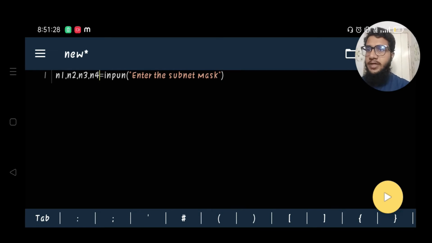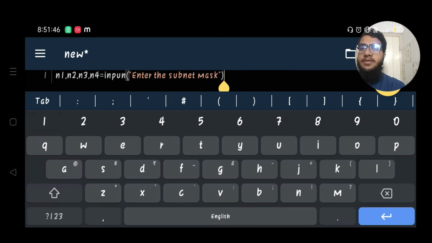Okay, so first of all, we'll open our IDE, which in my case is a Python IDE on my mobile phone, so I've opened it. Then you have to type four variables. So I have created four variables: n1, n2, n3, n4. After that I will type here dot